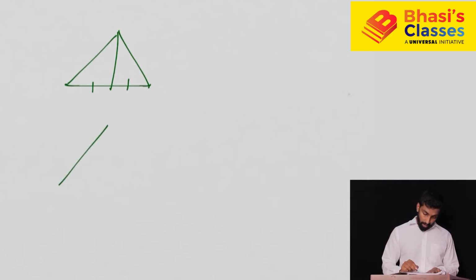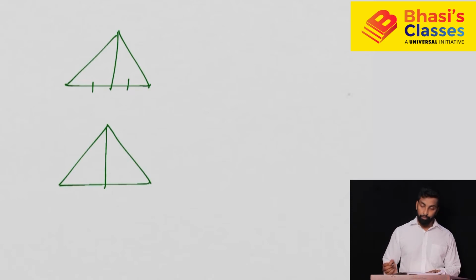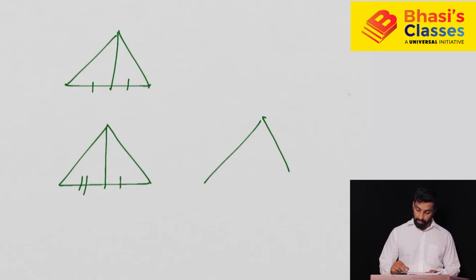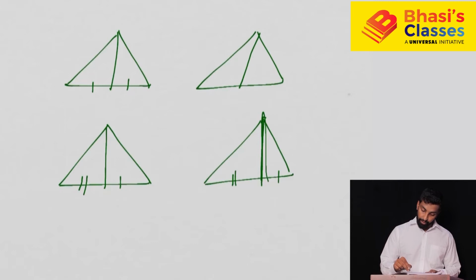Now what is the altitude? Altitude you drop from the vertex only, but you cannot say this and this are equal. Okay, the special case can be where they are equal, but you cannot say it is equal. So this is also a possibility, right? You're dropping it from the vertex, so you cannot say this and this are equal. So this is what an altitude is. But what is a median? If this is the case, it has to divide equally.